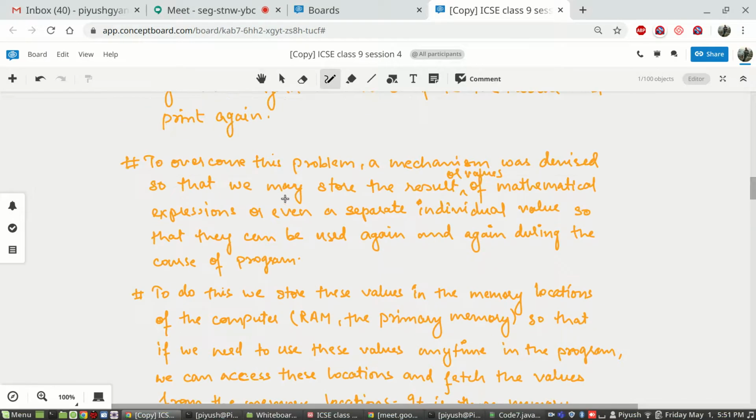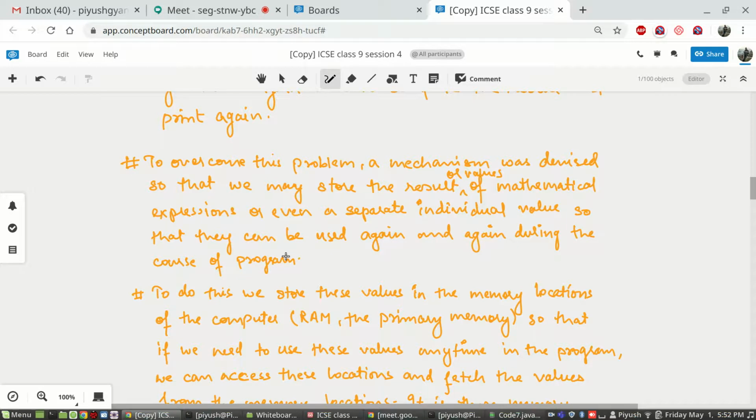To overcome this problem, a mechanism was devised so that we may store the result of various mathematical expressions, or even a separate individual value, in order to use them again and again during the course of the program, even later on.